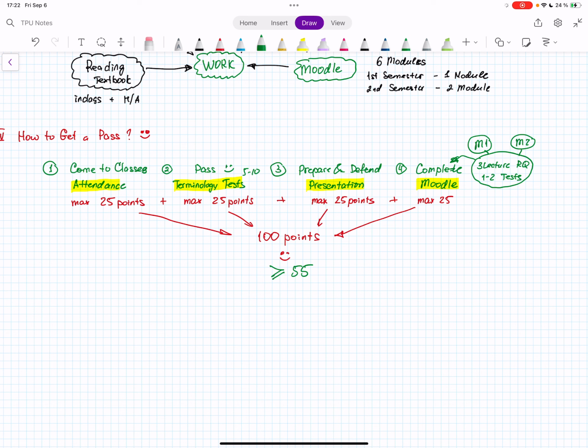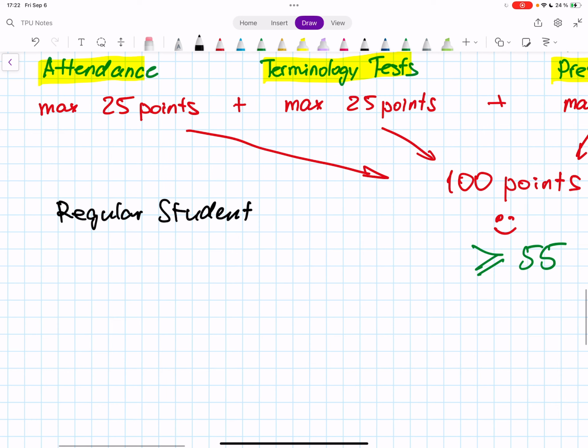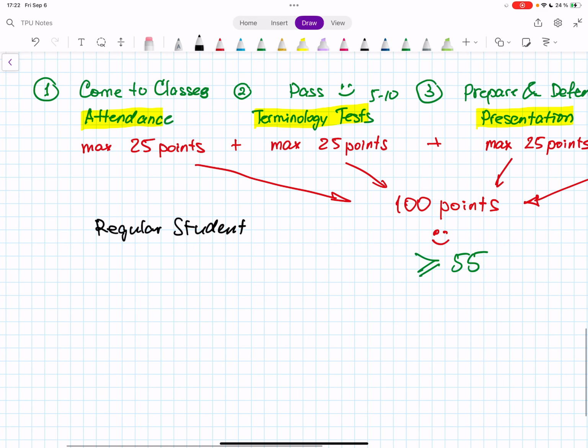So if you're a regular student, you need to get good points in all 4 areas.